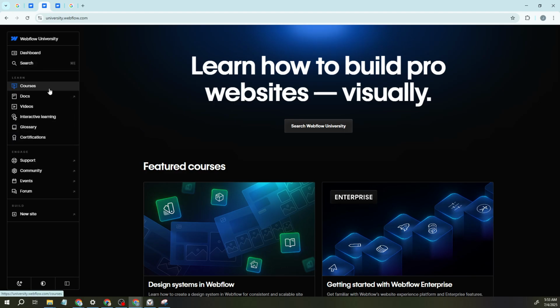Even if you're familiar with web design, regularly refreshing your skills and learning about updates or new features will ensure you remain a competent and competitive freelancer. The more fluent you become with Webflow's tools, the more efficiently you can create stunning, functional websites that meet client